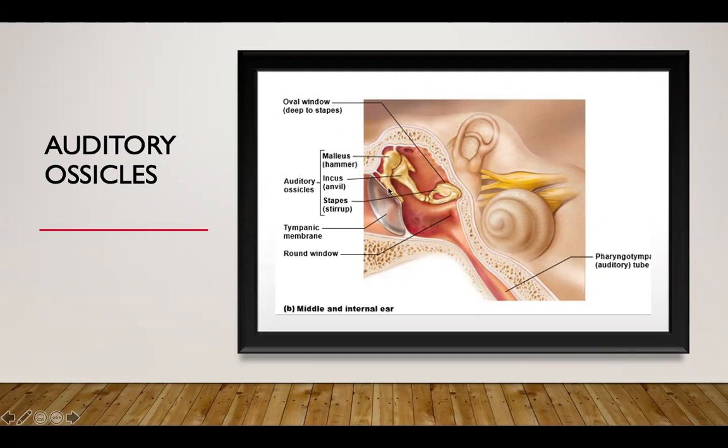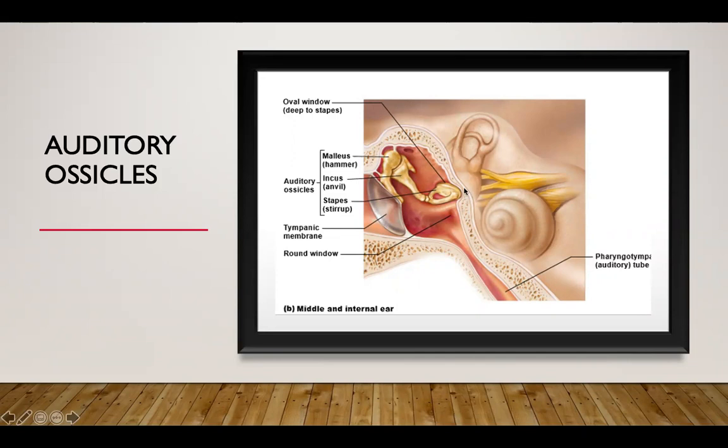First one that is directly connected to your tympanic membrane is called malleus. It is shaped like a hammer. You have the middle one, which is called the incus, also shaped like an anvil. And then the third one within this series is what we identify as a stapes, and it's shaped literally like